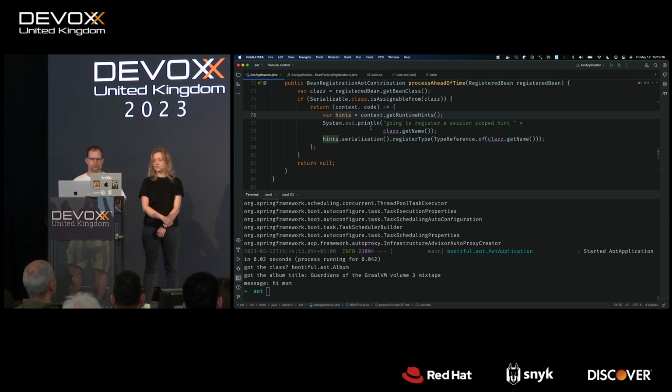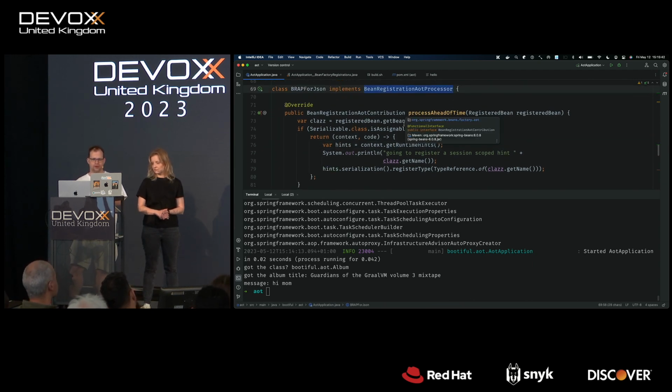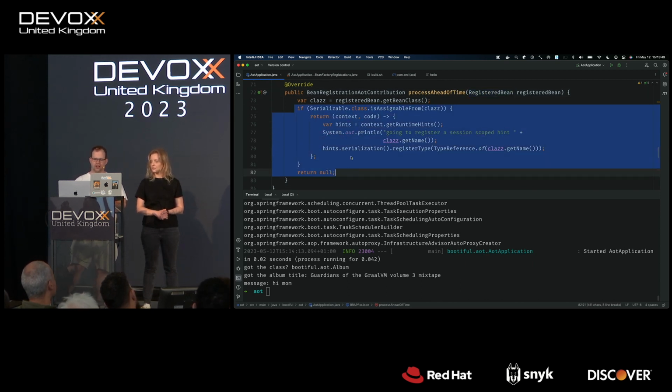So again, it helps to reiterate, when you do native compile on the Gradle wrapper, what it's doing is it's compiling all the Java source code into .class files. Then Spring runs the program. It does java -jar, basically. It runs the program, but it doesn't create all the actual objects. It does this all at compile time. It creates a bunch of bean definitions. Then it invokes your code. It finds these bean registration AOT processors and other similar interfaces like that. It then passes a pointer to this for each bean. And it gives you a chance to inspect it and to contribute metadata like JSON configuration.